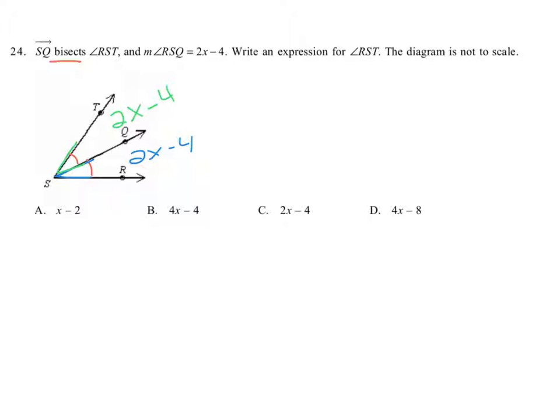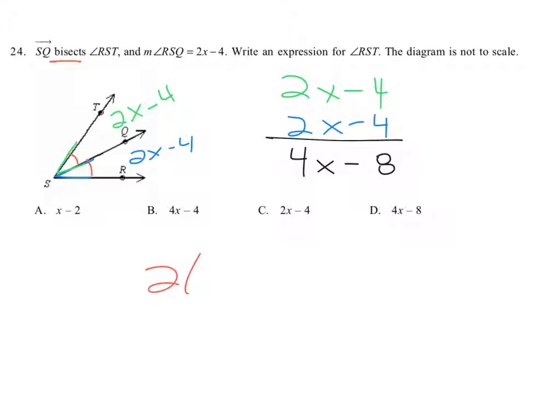And so we get 2x minus 4 added with 2x minus 4, and you get 4x minus 8. Another thing you could have done, just a different way of doing it, would be to say